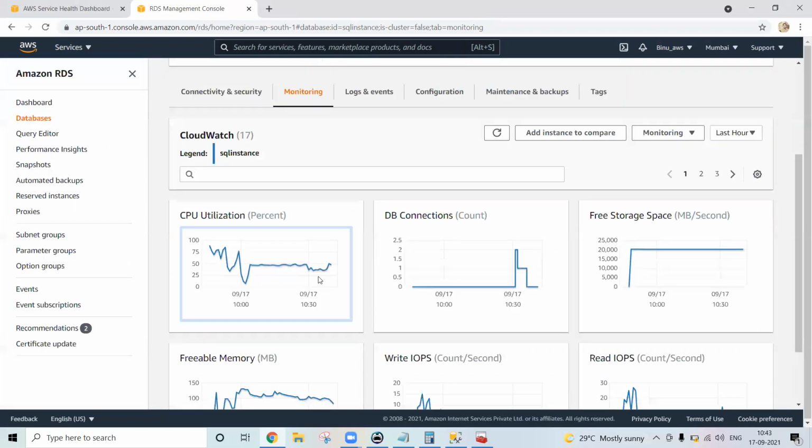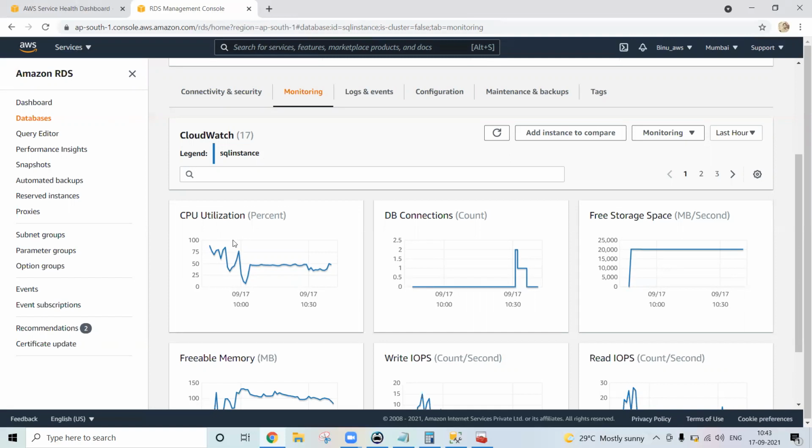I have not configured it, but we have selected the monitoring parameters. I selected enable enhanced monitoring, that's why it's showing. There are 2 types: enhanced monitoring and default monitoring. Under enhanced monitoring, it will show.